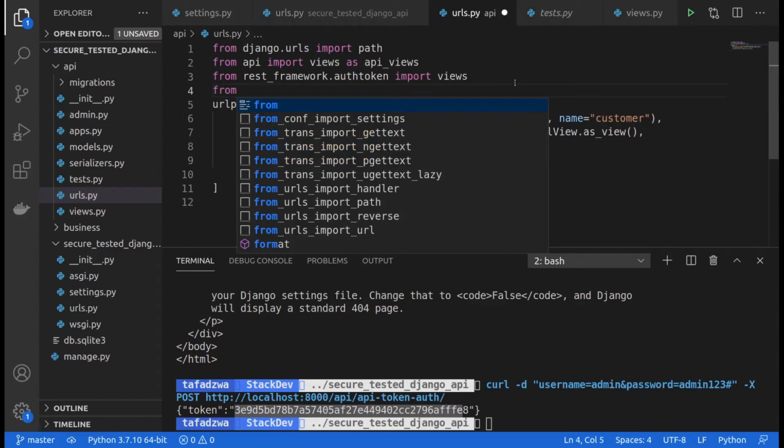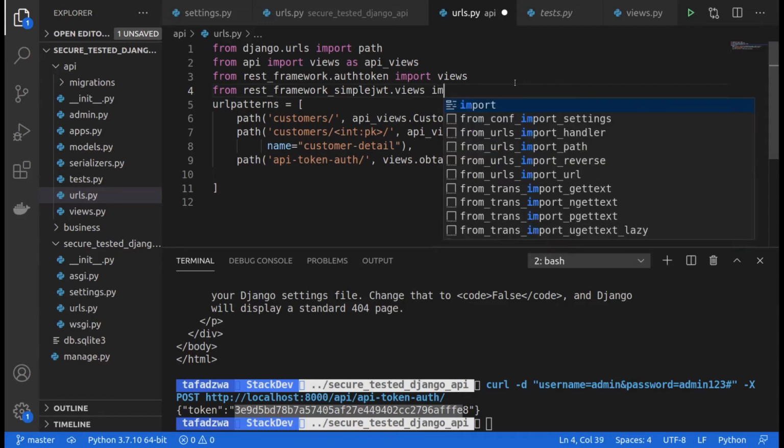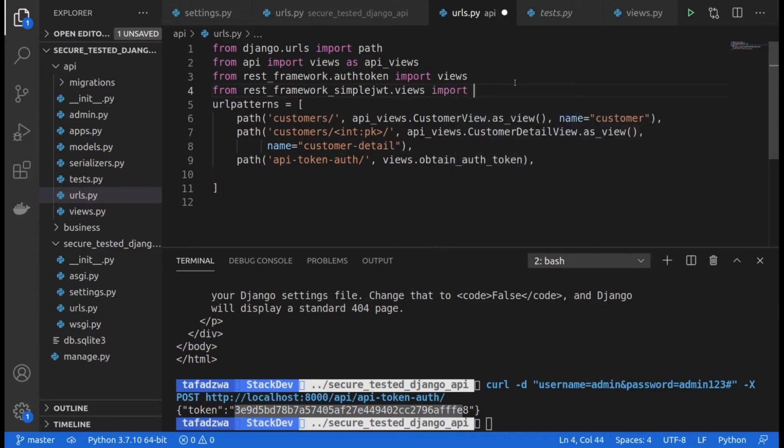So from rest_framework_simplejwt.views import, in this case we want to import two views. The first one is called TokenObtainPairView,